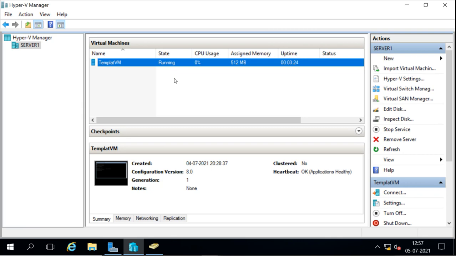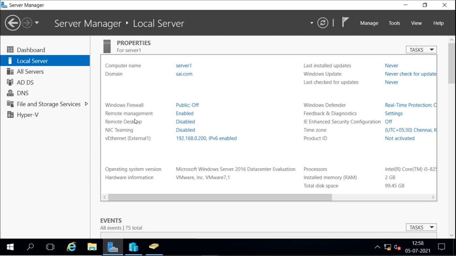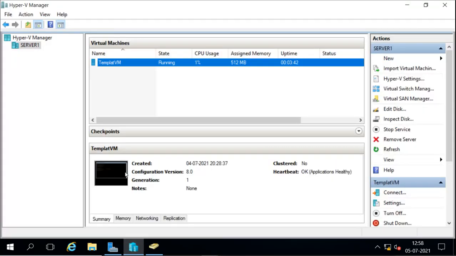For that it is very simple. First, the requirement is that the host server must be Server 2016, and this real server is actually Server 2016. Then the machine running under Hyper-V must also be Windows Server 2016 or Windows 10, so that is also there. The server running here is also Windows Server 2016.